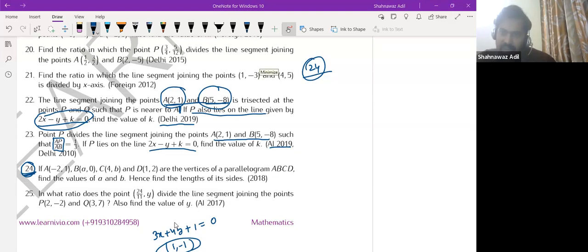Let a equal to 1. Then find the length of its sides. This is what we have got, right? If we find A, B, and